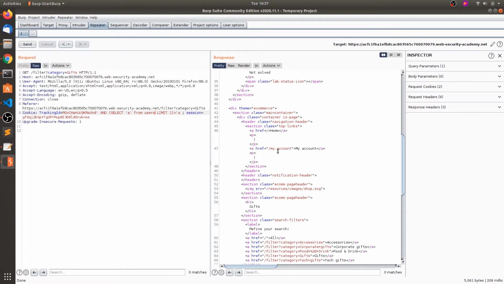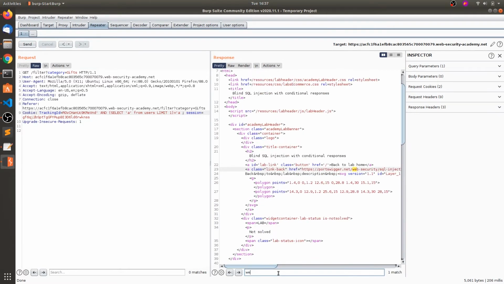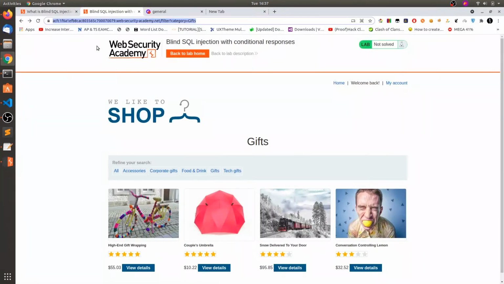So there is no welcome back. Means we have done something wrong. Select A from users, limit 1. So let us see what they have given.